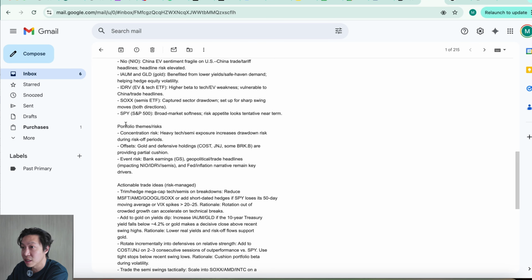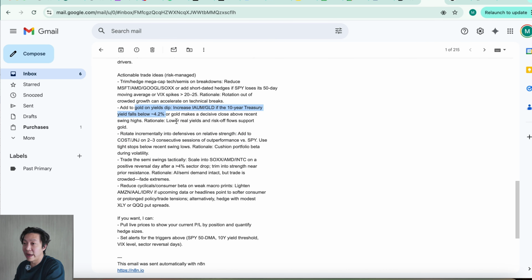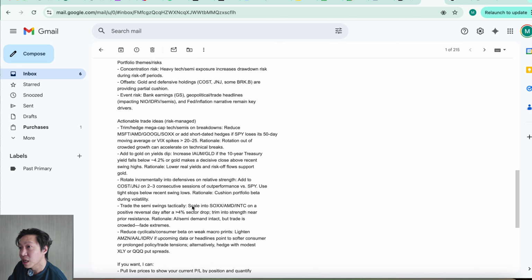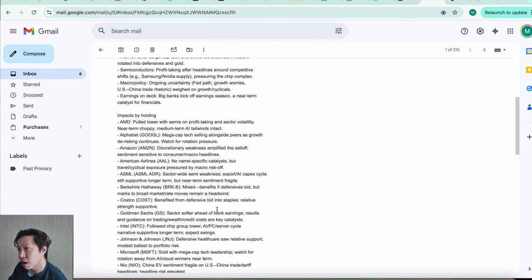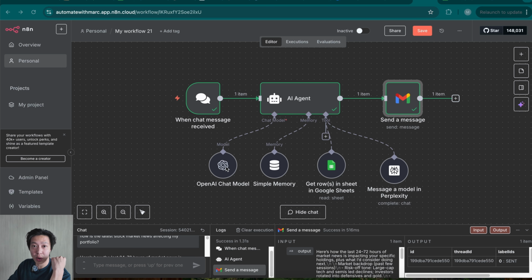And it's telling me the thematic risks and actionable trade ideas, telling me to maybe trim my holdings in some of the tech stocks, add gold because of the treasury yield dip. So it's giving me a very comprehensive analysis and is drawing the right context from the database that I'm attaching to it. But just before we go, I also want to point out a couple of capabilities that Agent Builder